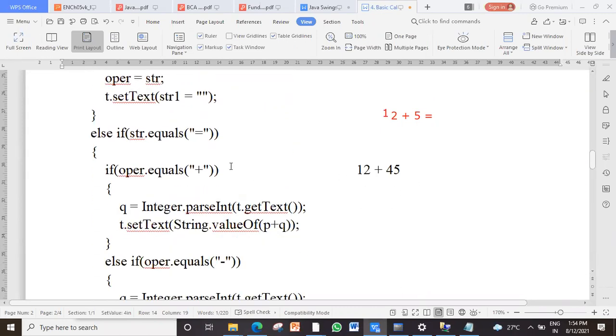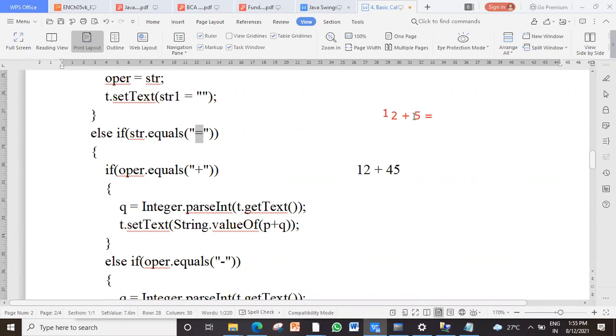If it is equals to, so when user will click on it, okay, after plus will go to OPR, 12 will go to P. Remember that. After that, what user is going to do? Type some other number. It may be single digit or double digit. Now that number goes to where?